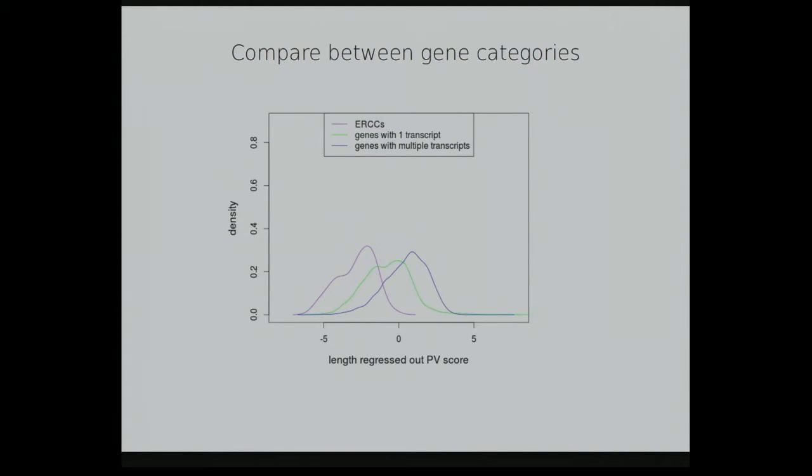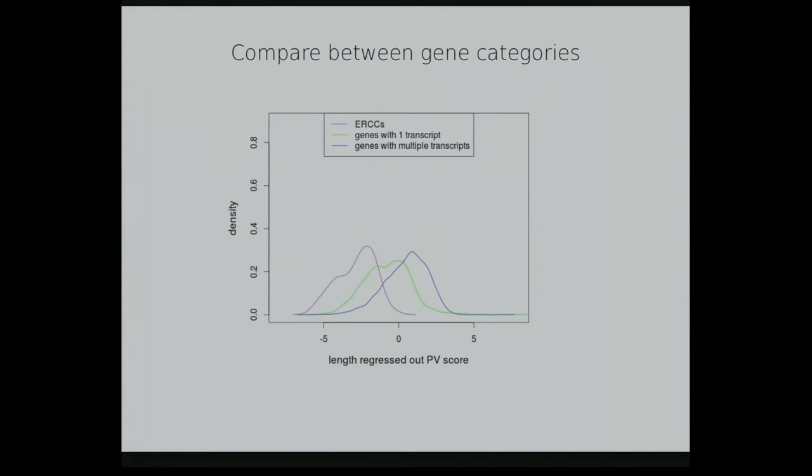And then genes which are annotated with one transcript from Ensembl annotations have their PV scores shown in green, and genes annotated with multiple transcripts have their PV values in blue. So for these three categories, we see that the order is also reasonable. So we are happy with this. And next,